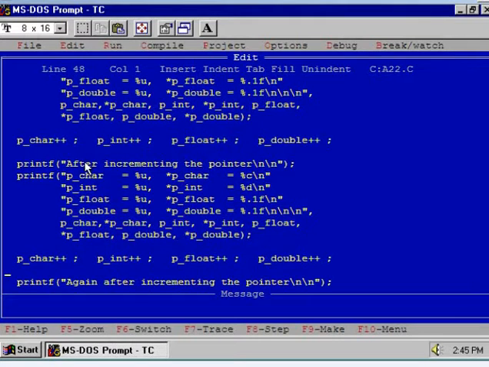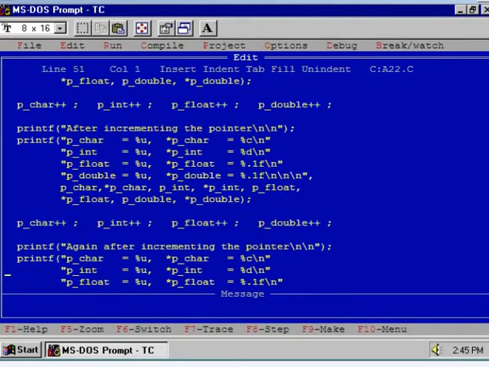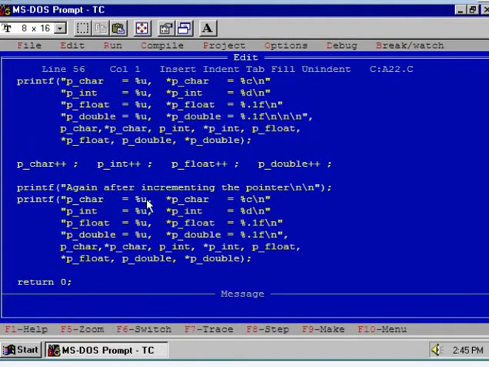Again we'll display the 2 columns. After that, again we'll increment all the 4 pointers and repeat the process, displaying the addresses and the values of the elements of the array to which the pointer is pointing.